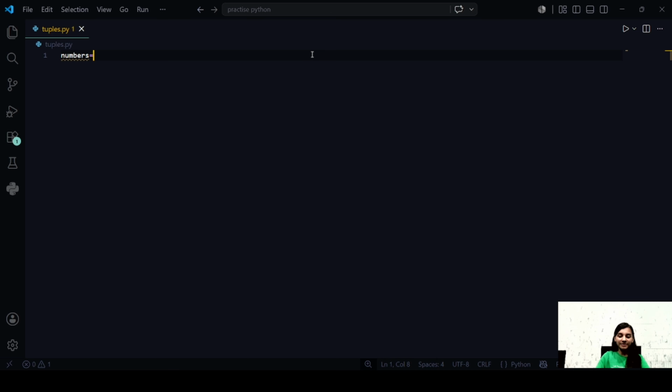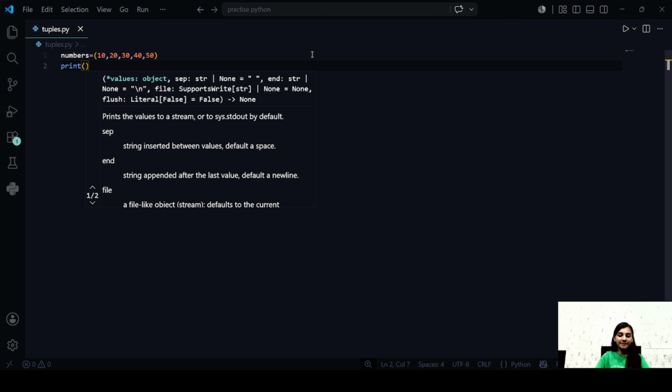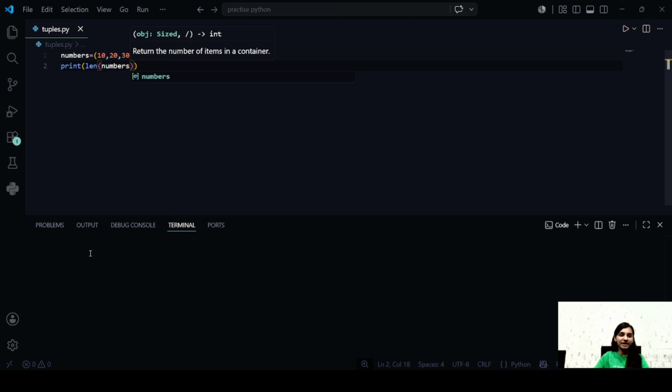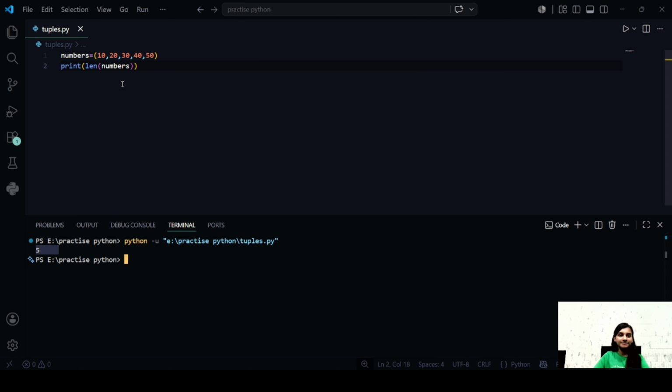Let us name it numbers. Tuples are enclosed in parentheses. Now, using the len function, let us try to print the number of elements that are there in this tuple. So on running this code, we'll get the answer as 5.